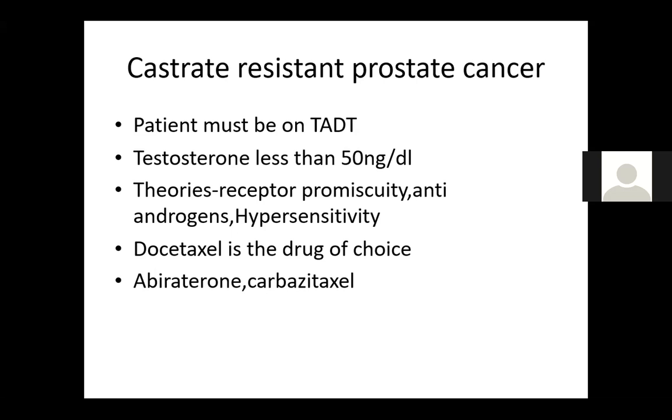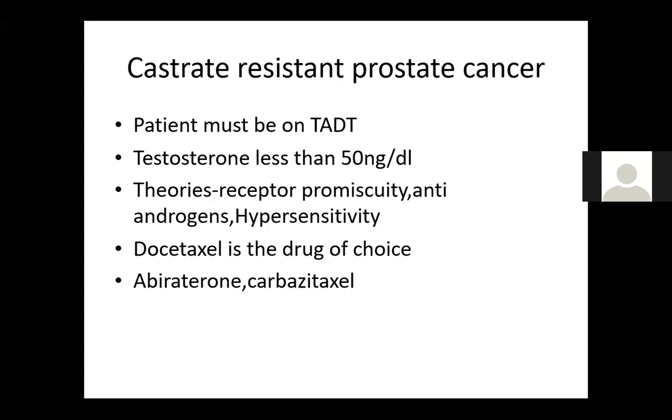Okay, they get PSAs that are very high. They start getting metastases that cannot be controlled. Resistant CA prostate. If we believe that prostate cancer survives only on androgens, then why is the patient deteriorating after 3 years? So, in other words, that's why we are saying for you to talk about this castrate-resistant prostate cancer,